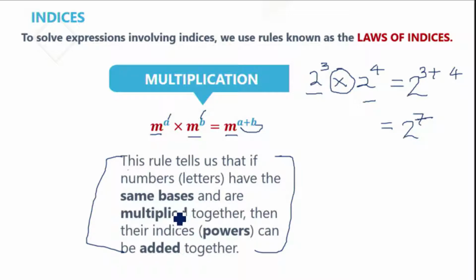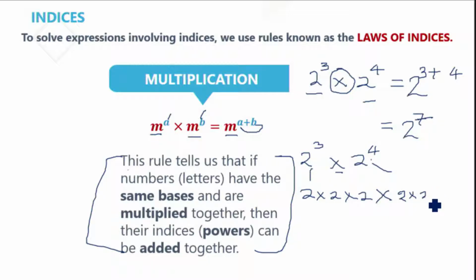Now we can verify this to be sure that there's nothing wrong with this law, so that you'll understand that these laws are tested and proven. Let's look at the question originally, 2 raised to the power 3 times 2 raised to the power 4. Now this can be expressed as 2 times 2 times 2, and then with this connecting multiplication sign,